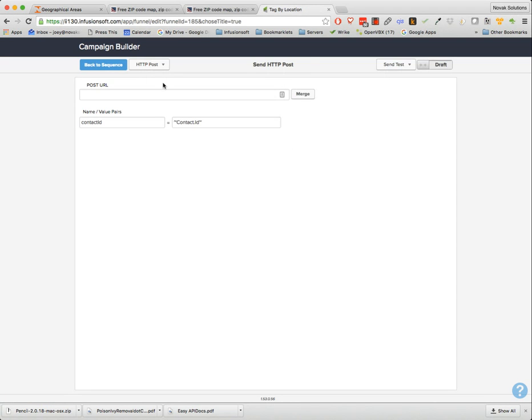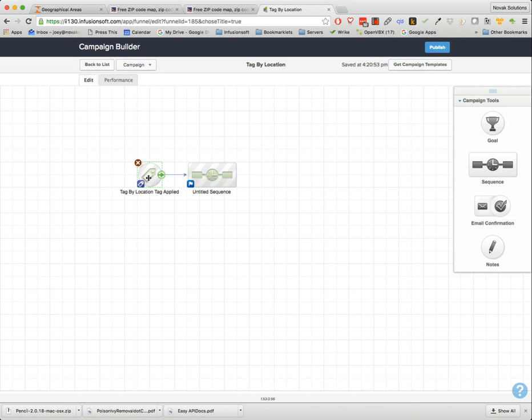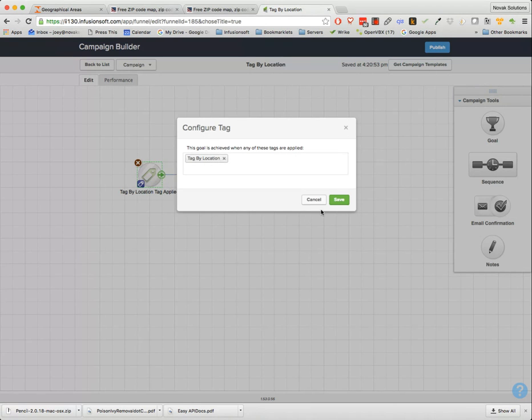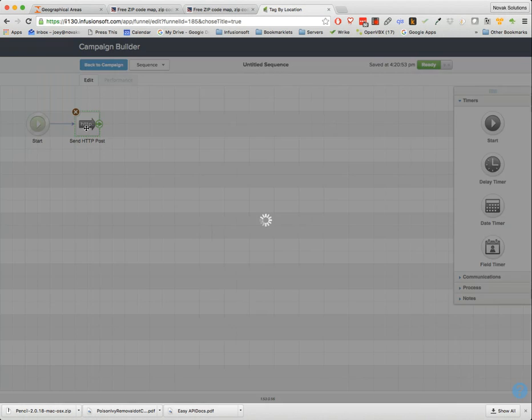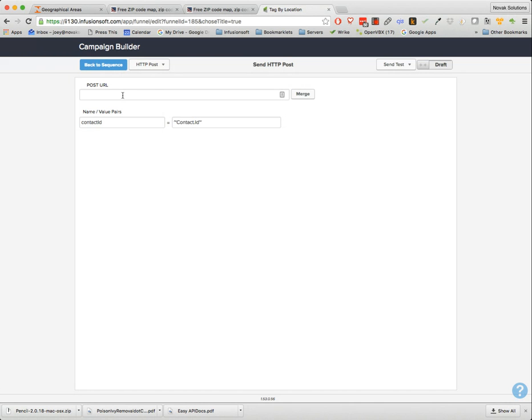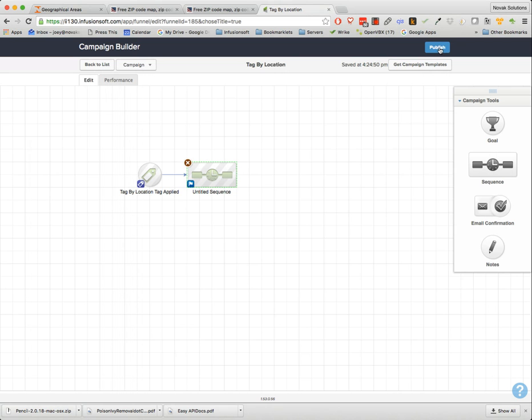And then within Infusionsoft, I've already set up a basic campaign. It's pretty simple. When a tag is applied, and that tag is tag by location, the sequence starts. And the only thing in this sequence is send HTTP post. I'm going to double click on that and I'm going to paste that URL I just copied right here. That's all you've got to do. You don't need to deal with any of this. Then make sure you change it from draft to ready, click back to sequence, back to campaign, and publish your